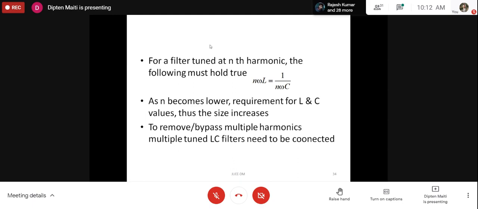Not only would your LC filter size be very high, however, if you produce some lower harmonics, usually because other impedances are low, the lower harmonic current, I am not saying that this cannot be low, because it depends upon your load. However, other impedances at lower harmonics being low, usually the current would become high. So due to that, not only the LC size itself, but their current capability must be high for lower harmonics.